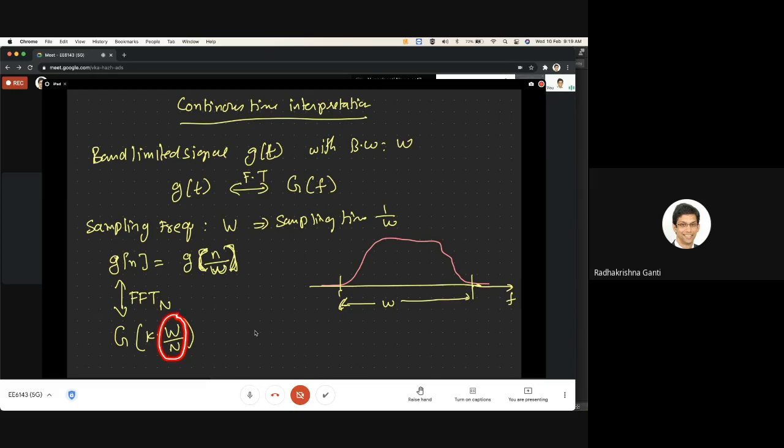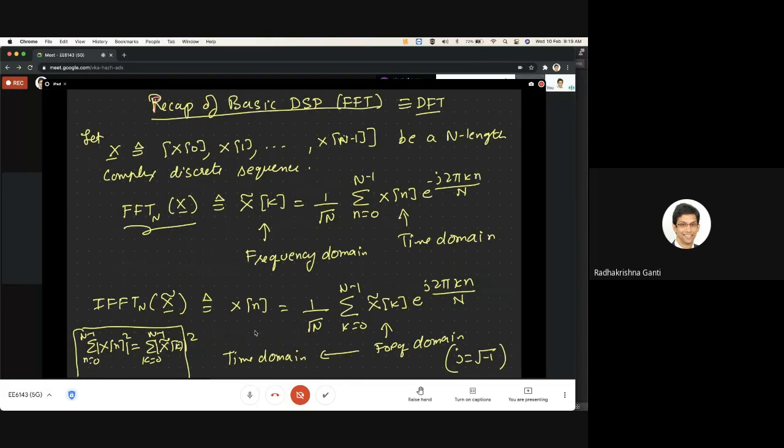K will be equal to 0, 1 up to N minus 1. That's what FFT does. Similarly, n is equal to 0, 1 up to